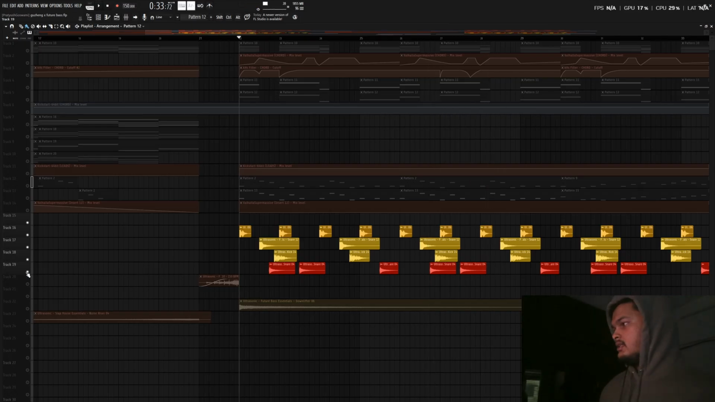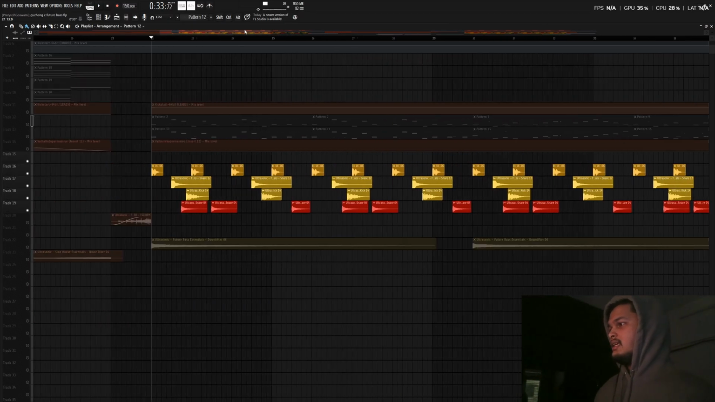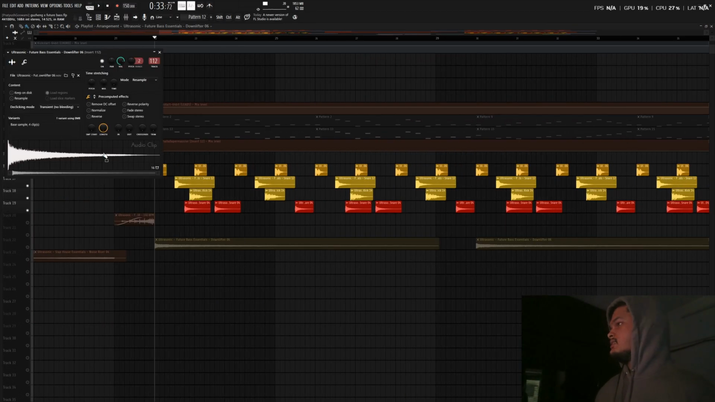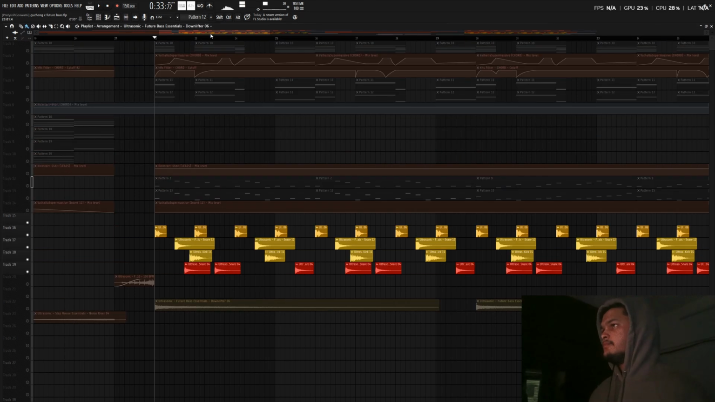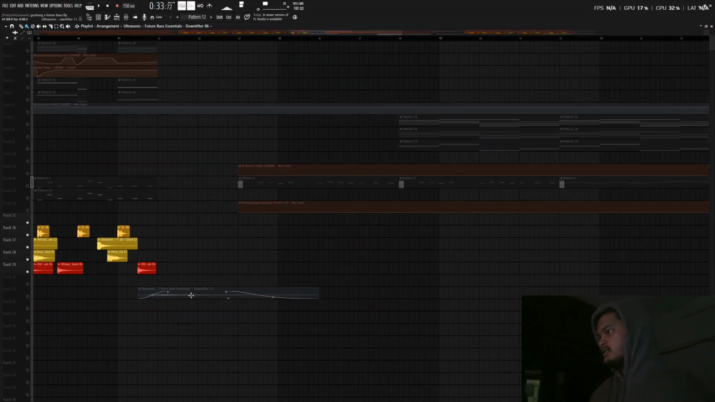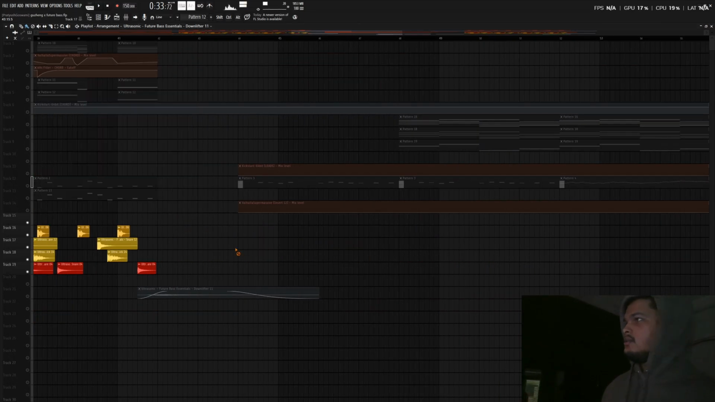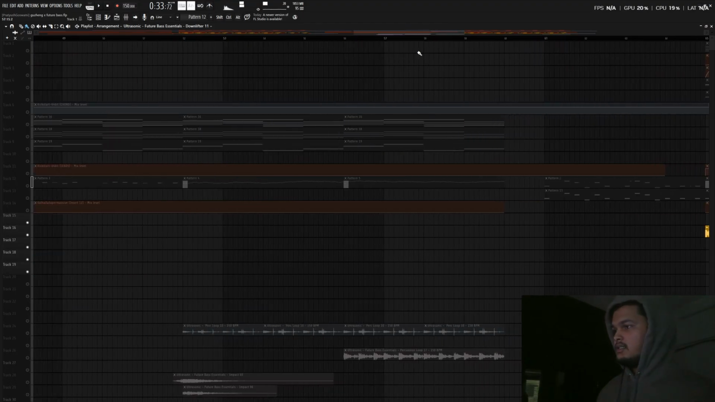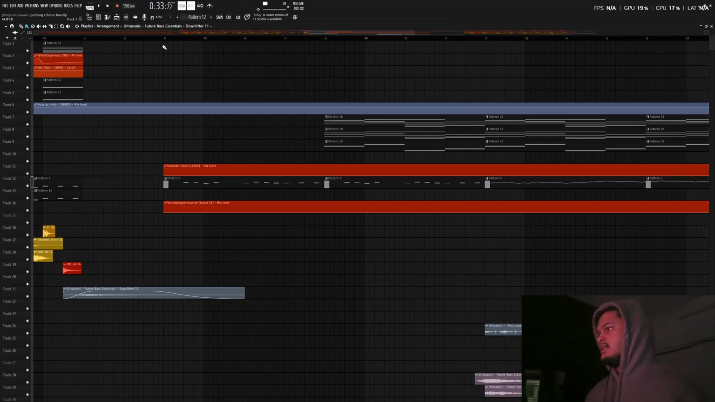Yeah, and then what you do is add in some nasty down filters like this for ear candy. You do a lot of automations. Another ear candy. So after the drop, what we have is